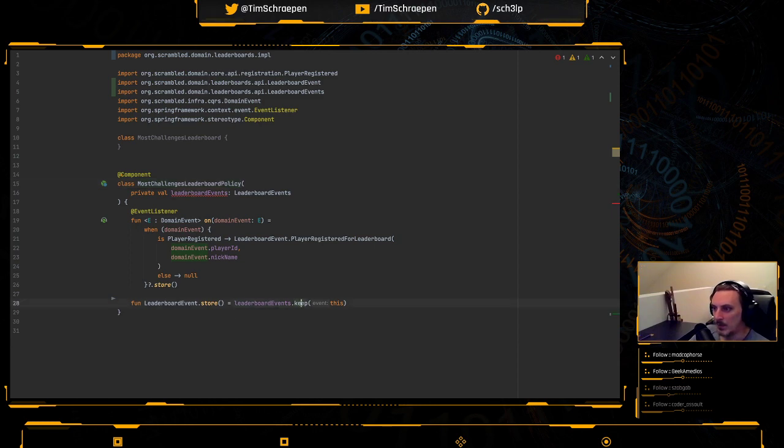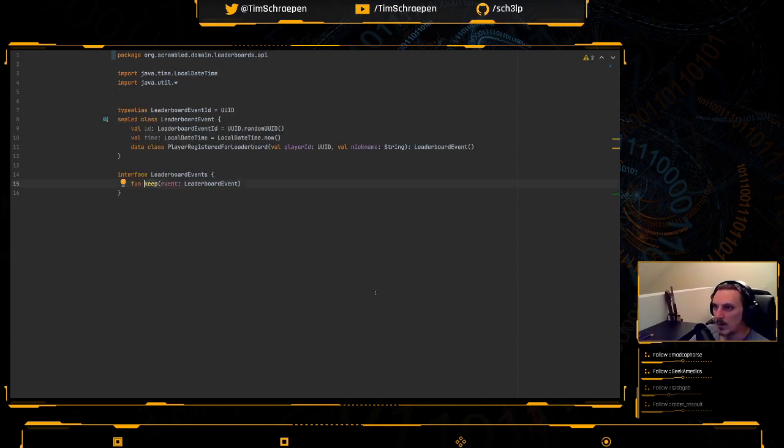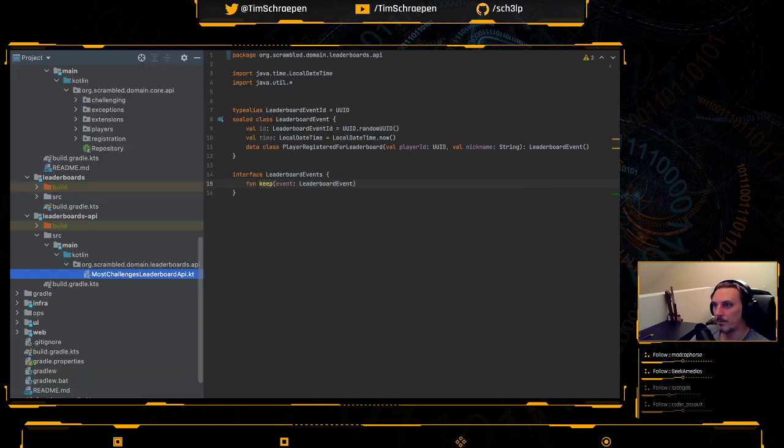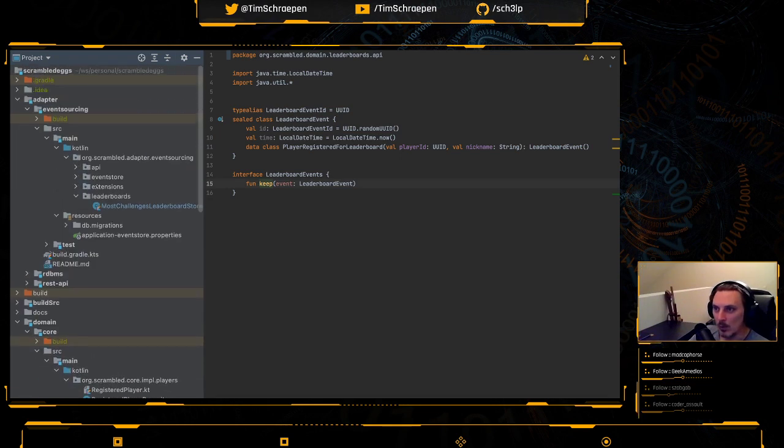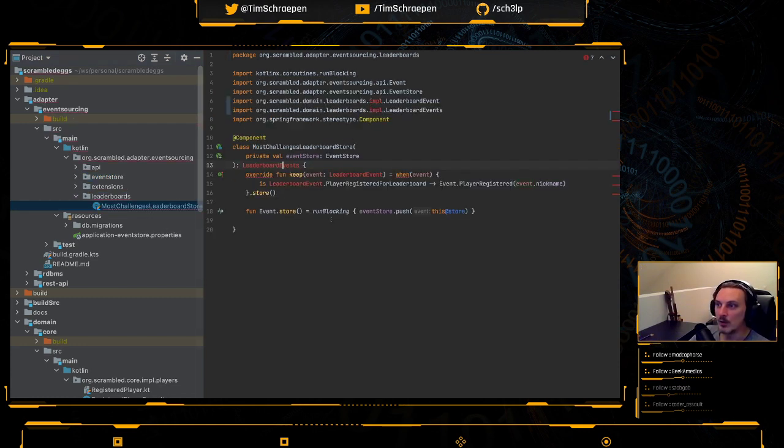Then these are kept, and the keep is implemented in here in the event sourcing adapter, which has a most challenges leaderboard store. So this is why these both need to come from API. There we go. And then here I think I just do the translation from a leaderboard event sourcing event, let's call it, to an